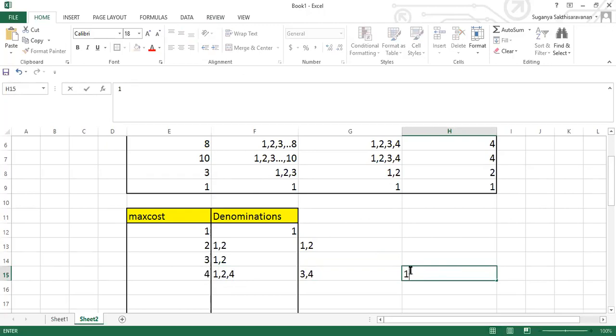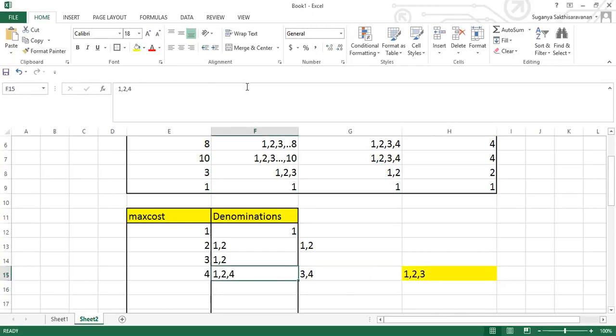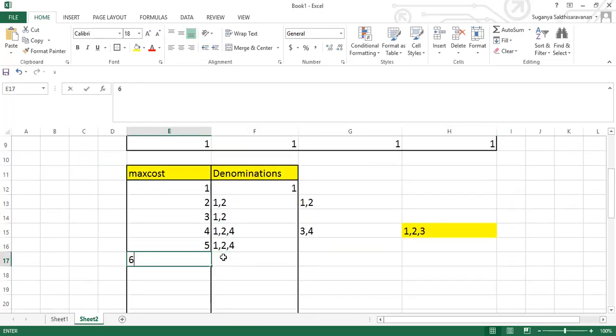If you assume that you add 3 rupees here, you'll have 1 rupee, 2 rupees and 3 rupees. Even now you can say that I can form 4 rupees. That is fine, yes, that can be formed. I do agree, instead of adding 1, 2, 4, if you add 3 also, that's fine. But look here, I'll go to the next one, 5. This is sufficient: 4 plus 1 gives you 5. But here, 3 plus 2 gives you 5. That's okay.